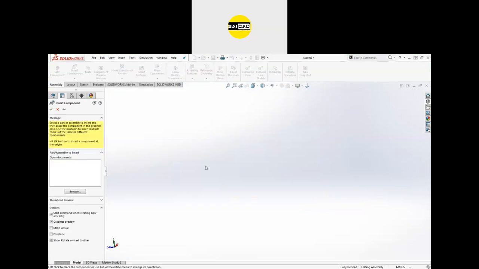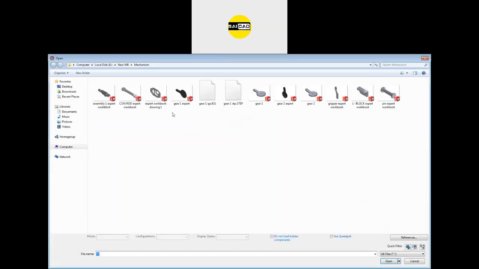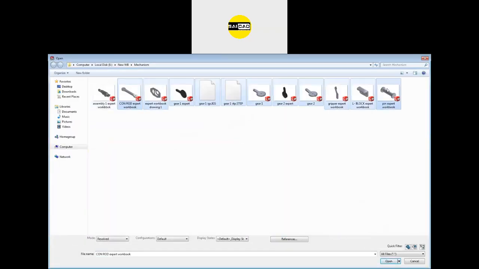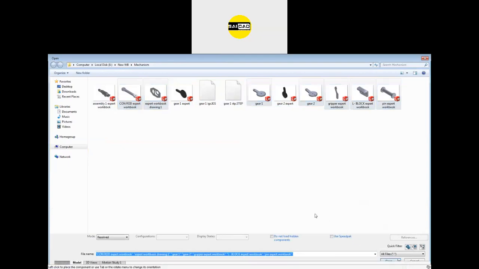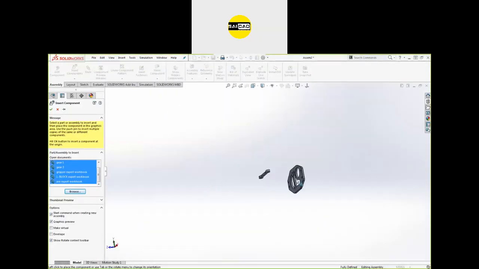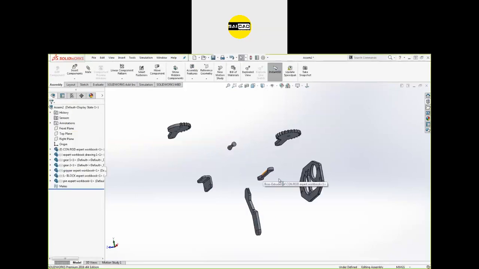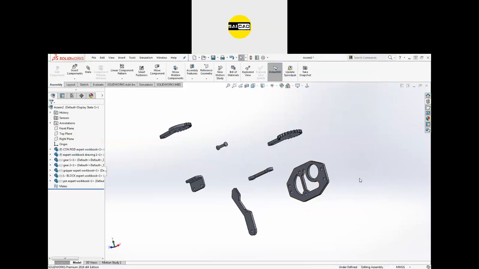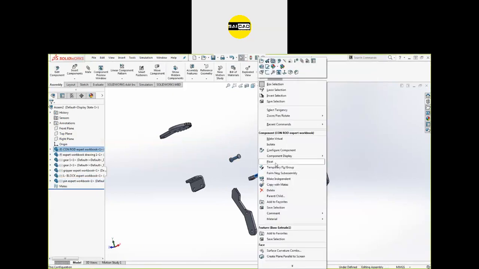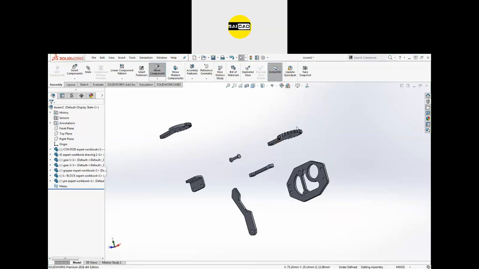So now just import the components you want to assemble. Import everything from here to here. I need these two. Don't need this one. This one also. Okay, I need only these components. So just click open. Insert the components like that. Okay. So this component should be fixed. So right click, apply the fixed constraint. This component is movable; with respect to right click, make it float, everything is floating.